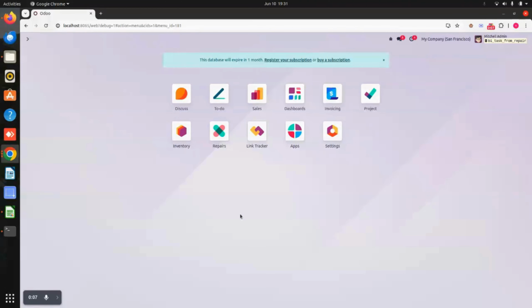This Create Task from Repair Order in Odoo app is designed to revolutionize the way you handle repair orders within your business. It offers a unique and perfect solution to automate and manage tasks generated from repair orders, ensuring that no critical steps are overlooked and that your team remains synchronized throughout the process. This is for the Odoo 17 Enterprise version, and now I will show how this application works.